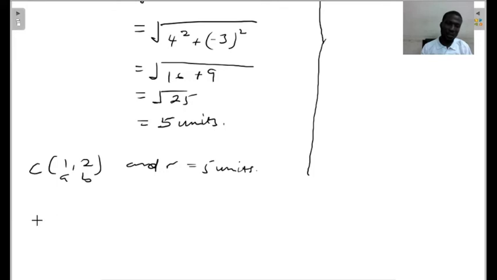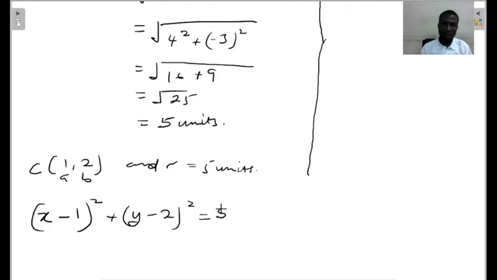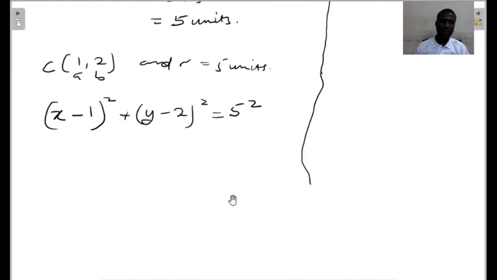So our equation now becomes (x minus 1) all squared plus (y minus 2) all squared equal to 5 squared, which is the radius squared. Then you can leave it like this, leaving the equation in the standard form, or you continue and write it in the general form by